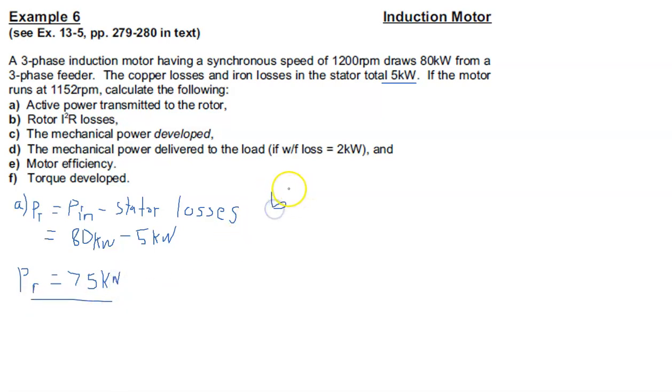Part B, we are asked to find the rotor I-squared R losses. Remember, the rotor I-squared R loss is what we've been calling PJR, and PJR is equal to the slip multiplied by PR, which means we've got to know the slip. Well, we can find the slip, because we've been given the information to find that. Remember, slip is equal to NS minus N divided by NS times 100%. Because we need the slip as a decimal for this particular part, we can ignore the 100% if we wish, and calculate the slip as